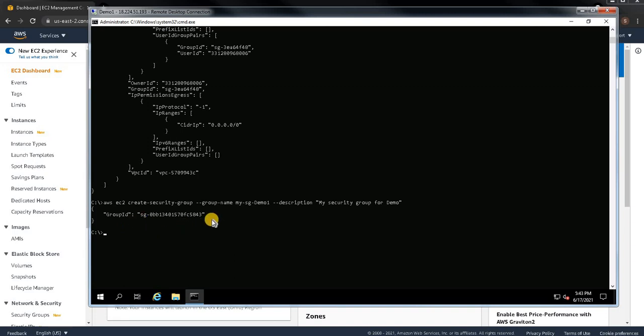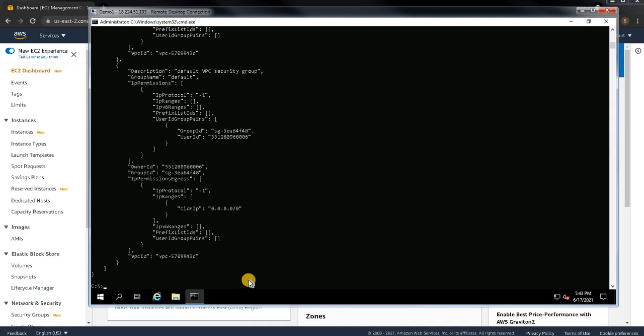Okay, now we can again run the same command and let's see. Okay, describe security groups, and we are now able to see my SG demo 1. Hit enter. Okay, and we can also see when it was created.